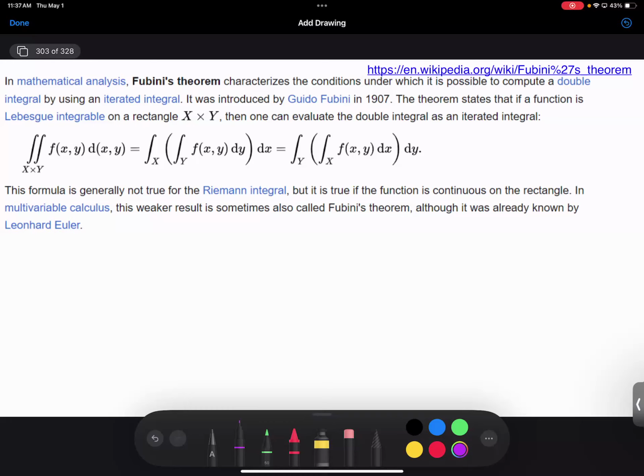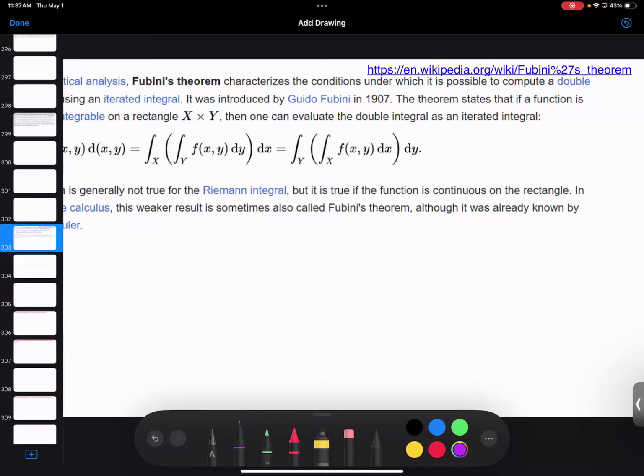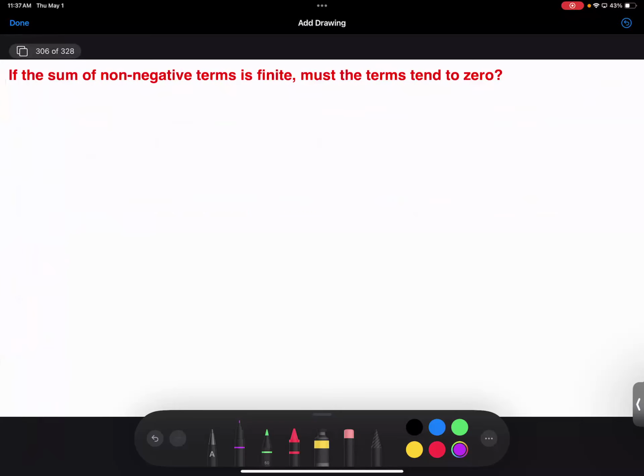But what's really going on is if the integral of the absolute value is finite, then from some point onward, the sum of the absolute value of the tail elements is small. And then if I reorder things, eventually everything that is left over is also going to have to be small. And so this gives you some sense as to why we have conditions like this. No matter how you reorder things, at some point onward, everything is going to be small because I know the tail is small because the integral of the absolute value is small. But this leads to the question of, well, how do I know stuff like this is small? So let's look at some questions.